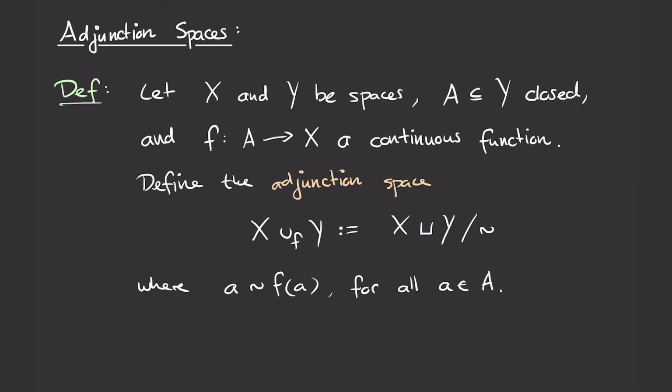In today's video, we'll be looking at adjunction spaces, which are a combination between disjoint union spaces and quotient spaces. As such, you'll need to remember what a disjoint union space is and what a quotient space is, so I recommend that if you're not so up to date on those definitions, that you go look at the corresponding videos